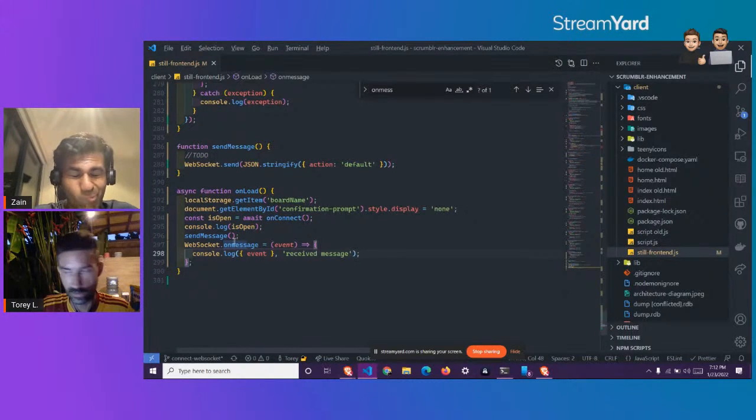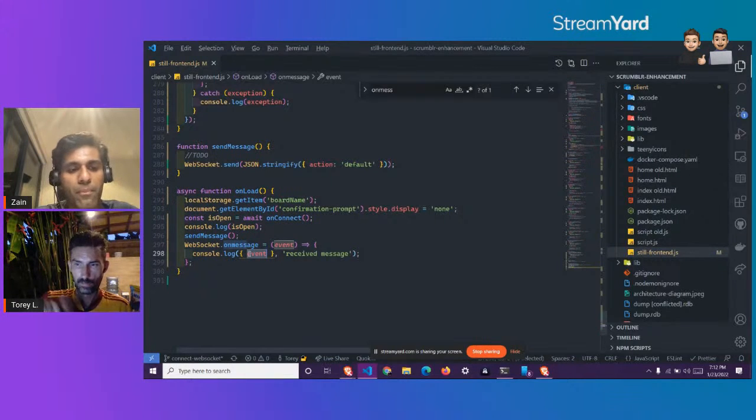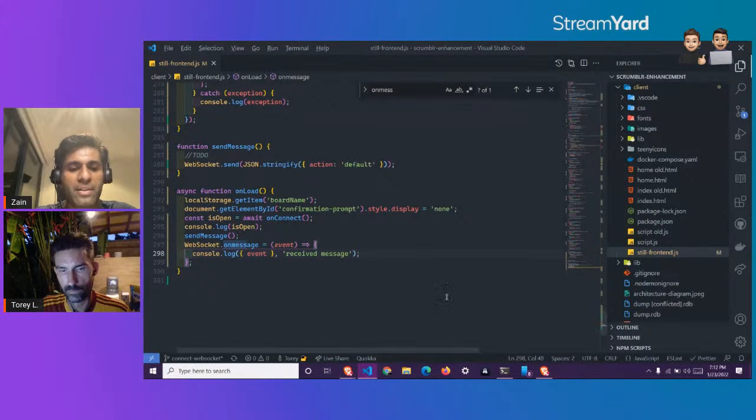So in here, from this event object, you will get, I don't know the shape of it when it's going to come back right now from the Lambda, but usually it's event.data, and then you would have to JSON parse it, and then you'll get a JSON version of the message with the string, like hello from default Lambda or whatever. That would make sense though.